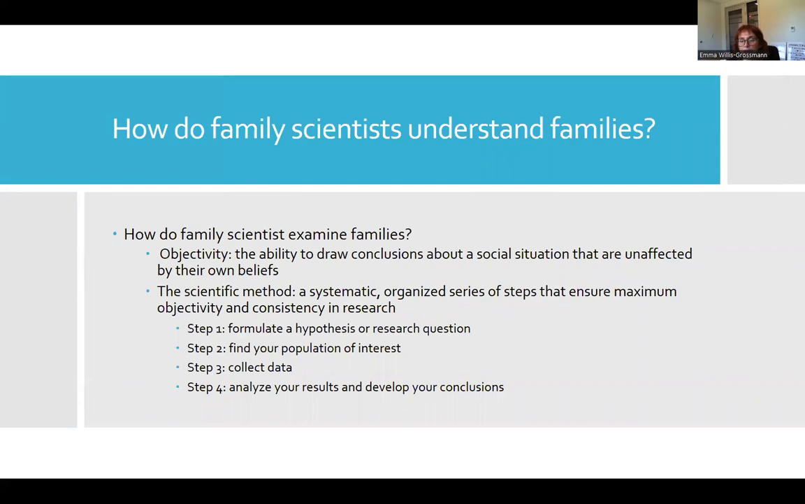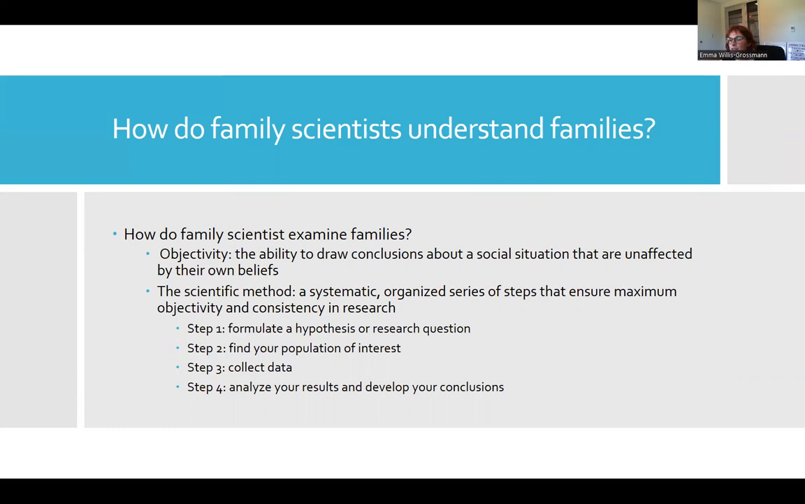So now that we kind of understand what family is, depending on who you ask, how do we go about understanding families and how they function through a more scientific lens? Some people definitely struggle with the idea that you can scientifically study other people. One time I was at a conference